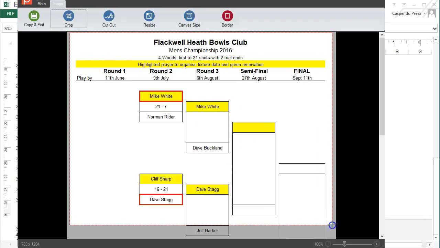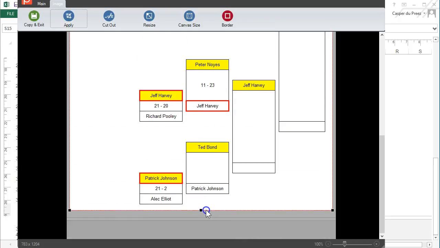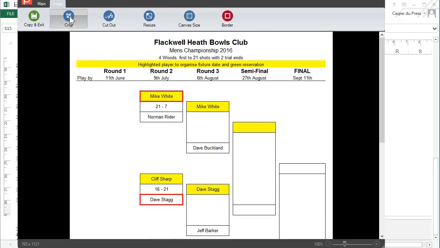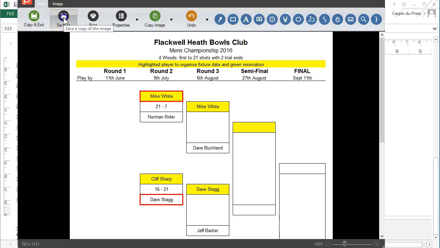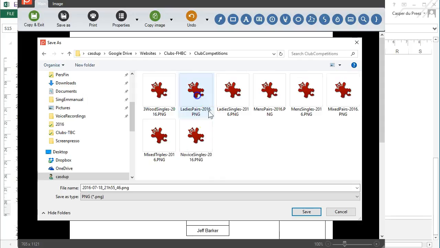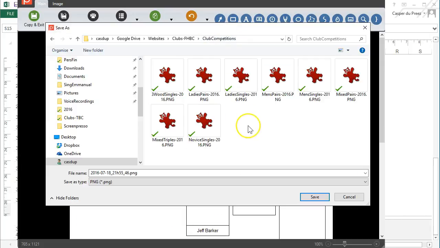So once all the images are done, then these images can be used to put onto the website, and they will replace the old images, and that way we will keep up with the progress of these competitions. Right, so as soon as we get into the next spreadsheet, I can explain how to go about step by step creating these images,